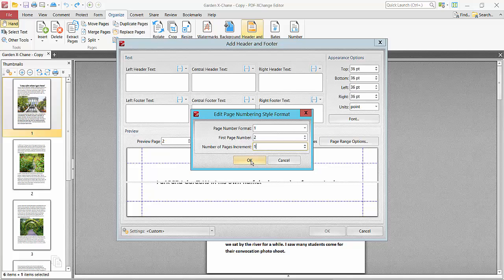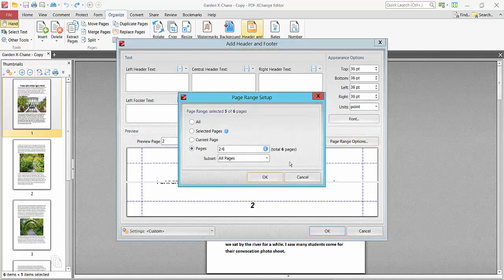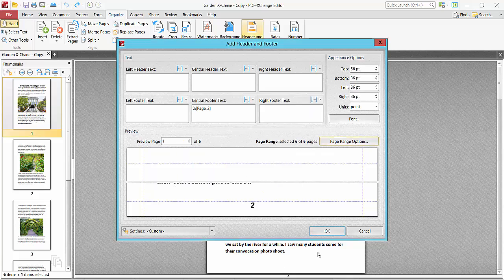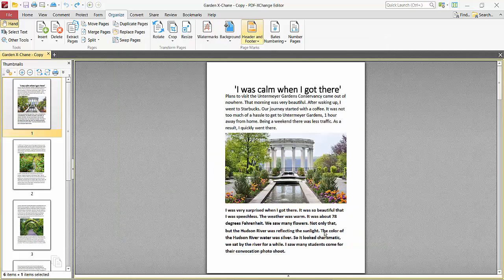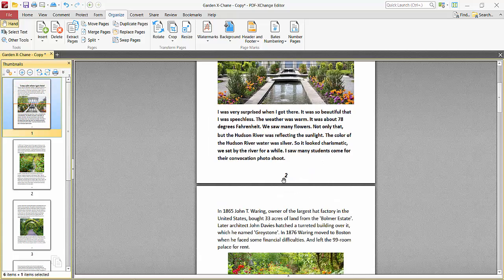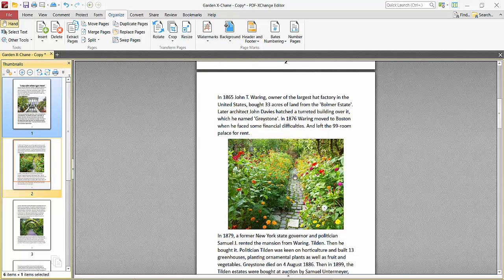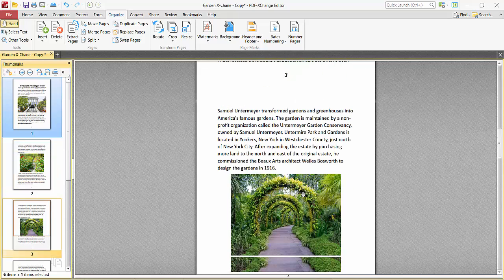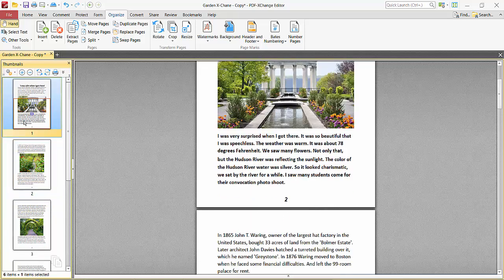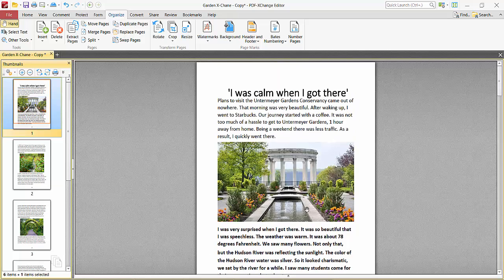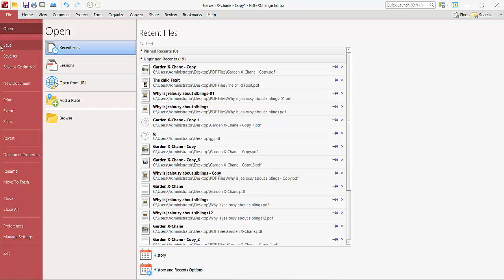Now select OK, and for the page range I select all pages, select OK. Now finally select OK and see, this is the first page and the page number starts from number 2, and this is 3 and this is 4. Finally select the File option, Save or Save As